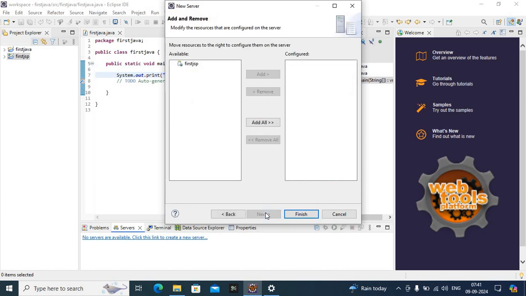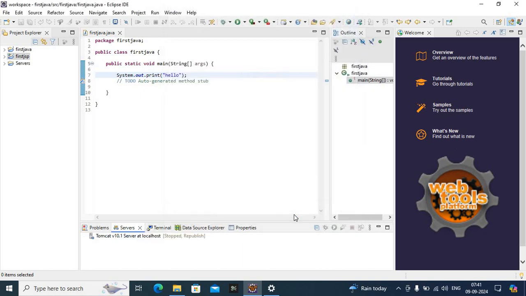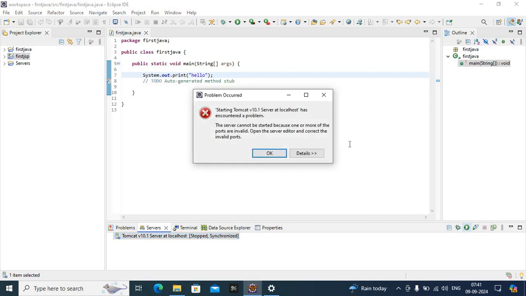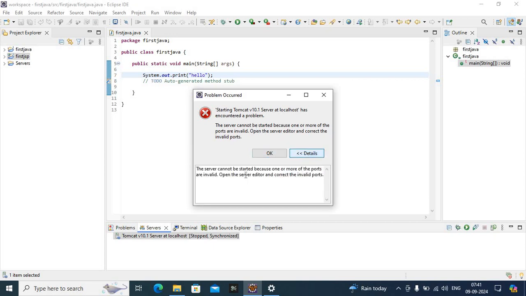Next, it's asking. I'm not loading the first JSP into the server. Later I will show you. I'm just creating the server. We have to see whether it's working or not. Okay. The errors here also we have to note down. See, localhost has encountered a problem. Details: one or more of the ports are invalid. Okay, so let's go to